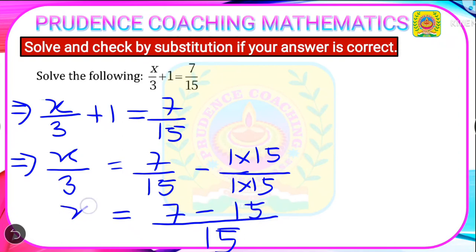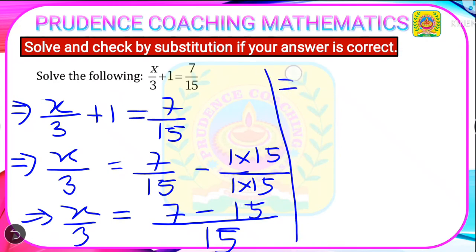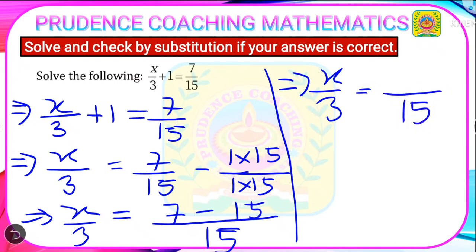So here we have x by 3. Next we need to solve. We are going to solve here. So we are getting x by 3. Now we have the denominator as 15. Now we have minus 15 plus 7. As the signs are different, we need to deduct 15 minus 7, and by doing 15 minus 7 you will get 8. And we need to give the sign of the bigger one, that is minus 15. Here the value of 15 is negative, so we are writing here minus 8.